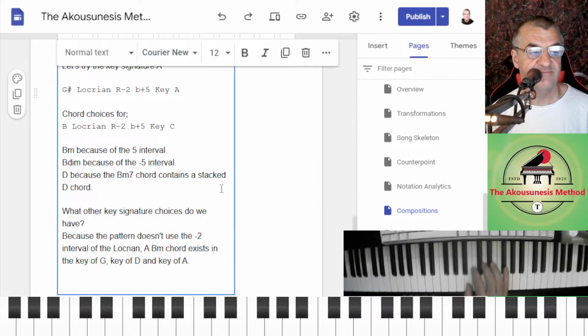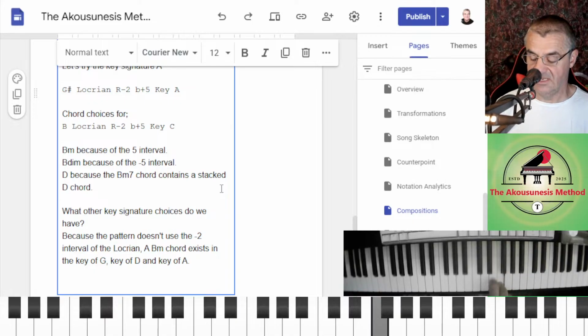We're flattening the +5 to give us the 5, so we don't play the +5. We play here, because that's part of the Locrian, which is the -5. We play the 5, the -5, we don't play the +5. And we don't play the -2.